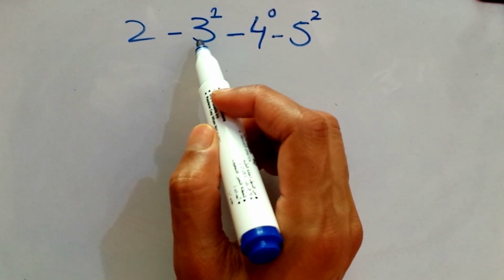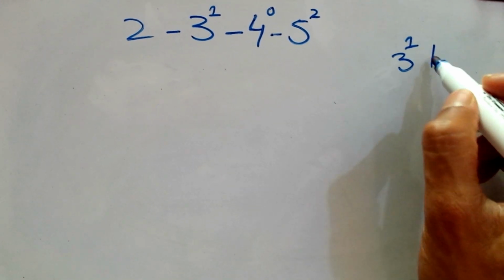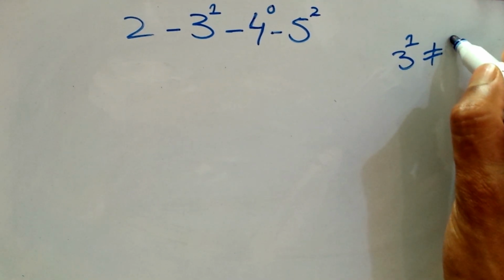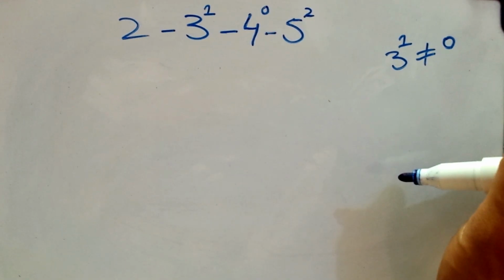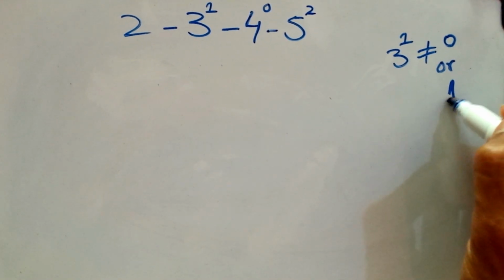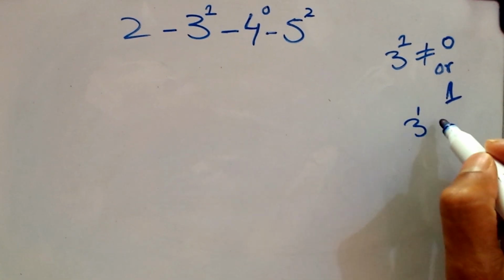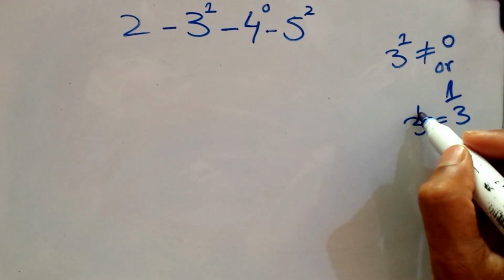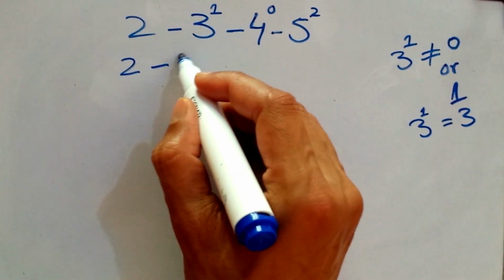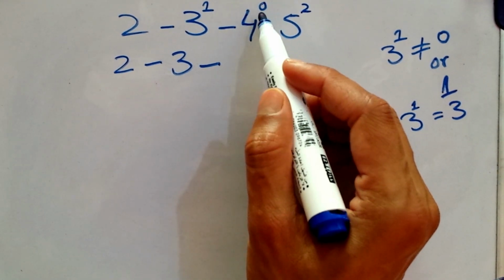Okay, 2 minus 3 to the power of 1. 3 to the power of 1 is not equal to 0, or 1, right? 3 to the power of 1 is equal to 3, right? So 2 minus 3 minus 4 to the power of 0